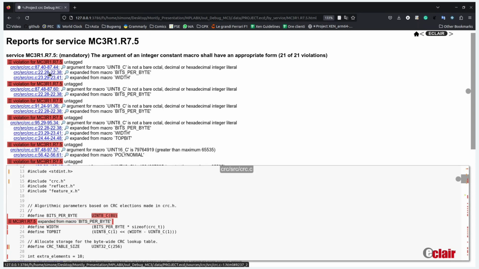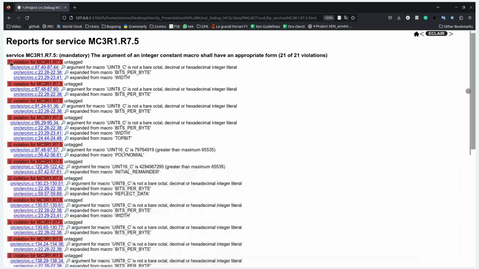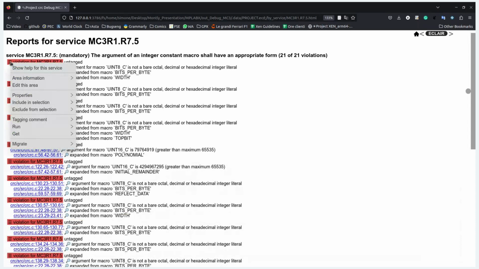Okay, now I want to fix this violation, and I want to do it using the integration with MPLABX, with the MPLABX IDE. I just click here on this hamburger menu and click this button here, edit this area. Otherwise, I can keep pressed the control button and click on one of these links. Okay, now let me open the IDE,